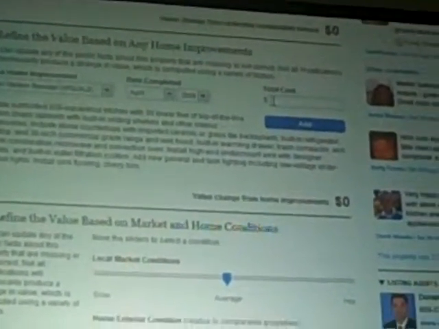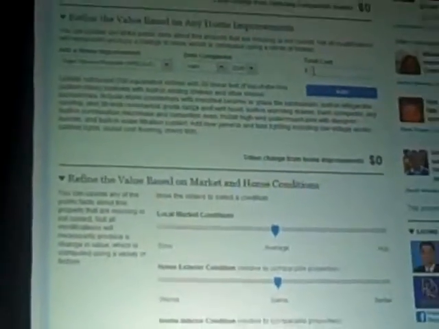Big kitchen. It's a very nice kitchen. This is California, remember? Okay, so this is a tiny little